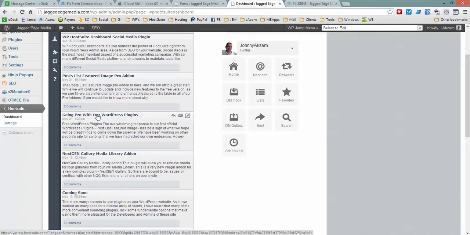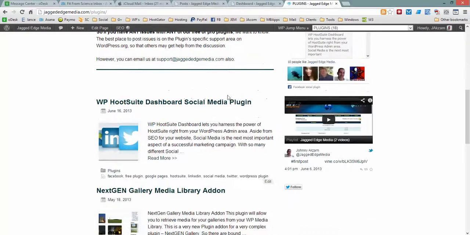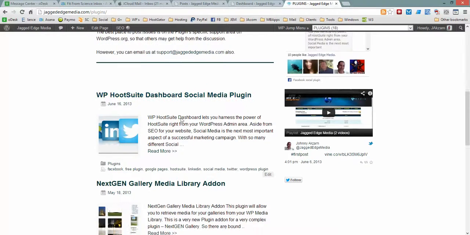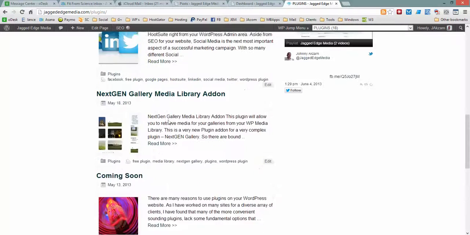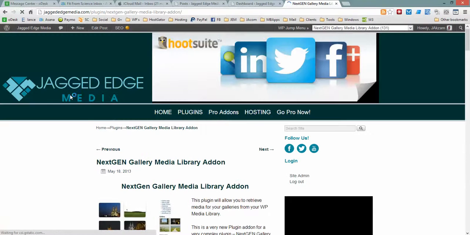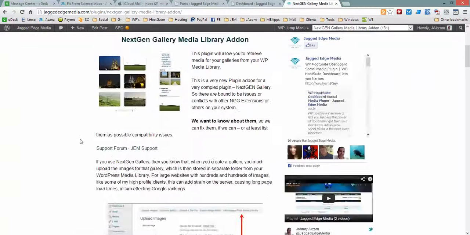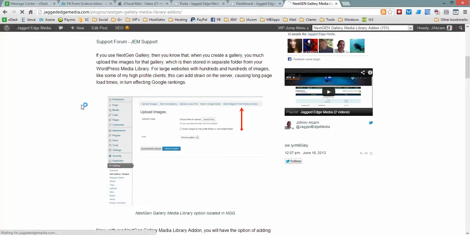Okay, so what I can do is I can click right here. So you've already created the post on your WordPress website, okay? And if we look at one of these posts, let's see, the Next Gen Gallery post. Okay, so it's got this information on it, and if we look at the edit post,